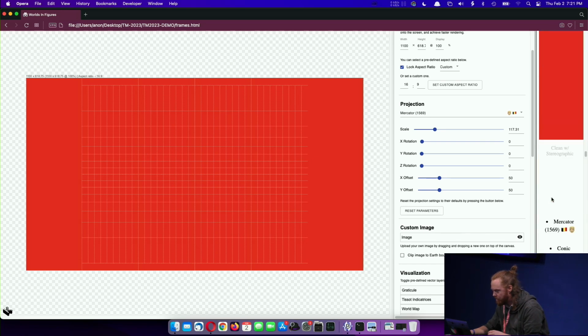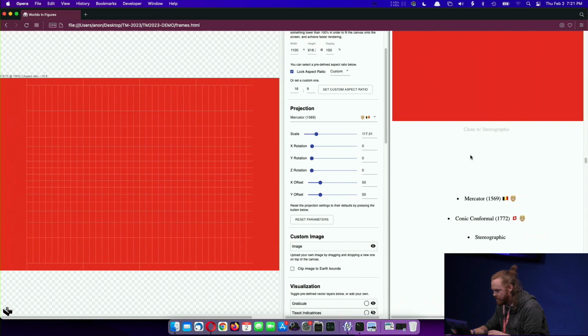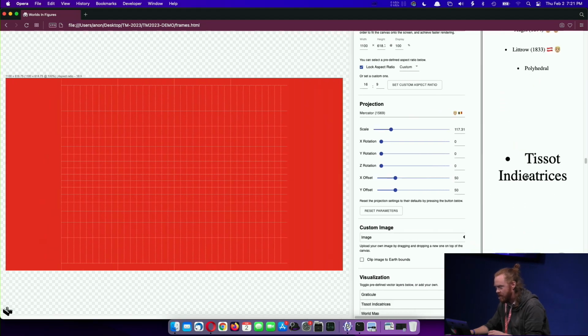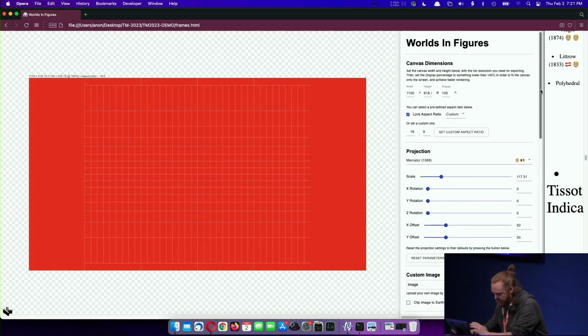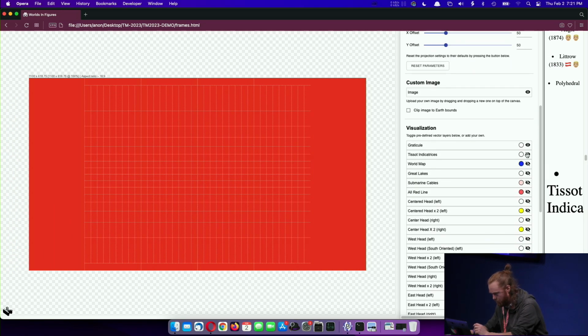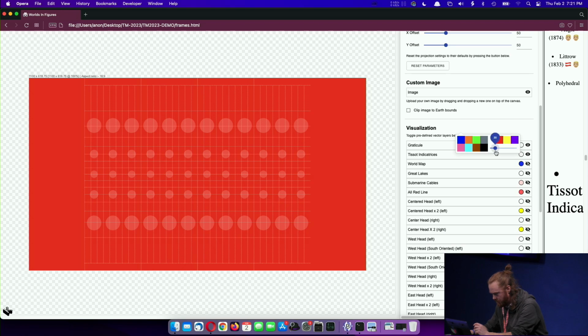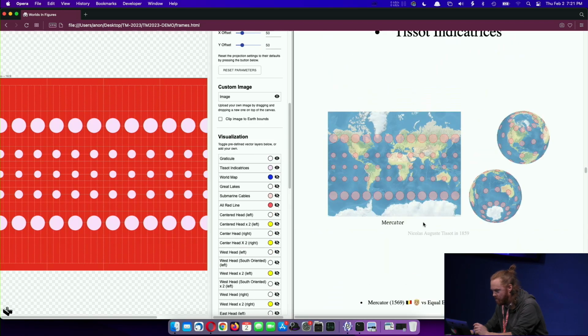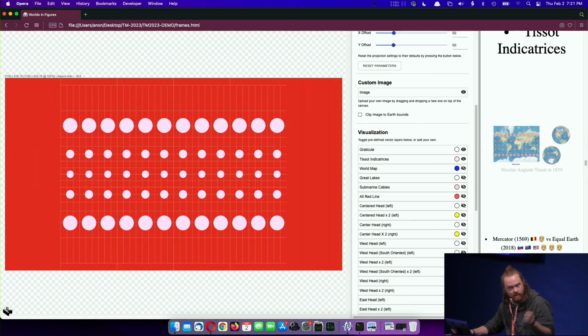That's the graticule. Which one comes next here? Tissot indicatrices. Okay, Tissot indicatrices are another system for understanding mapping distortions. They are these series of dots. The basic idea is that you would take a spherical globe, like on the right, cover it in a grid of perfect circles, and then when it gets flattened, you can compare how those circles get distorted in relationship to each other. So right now the Mercator projection's up, so we can see in this one,